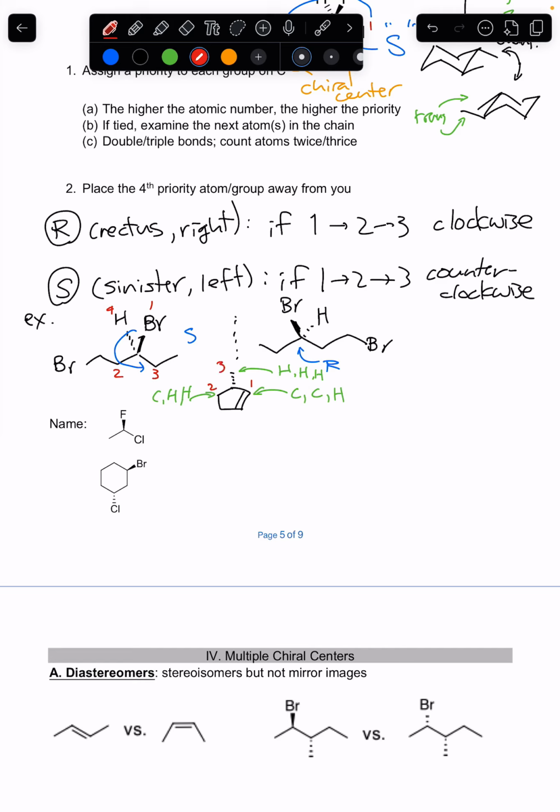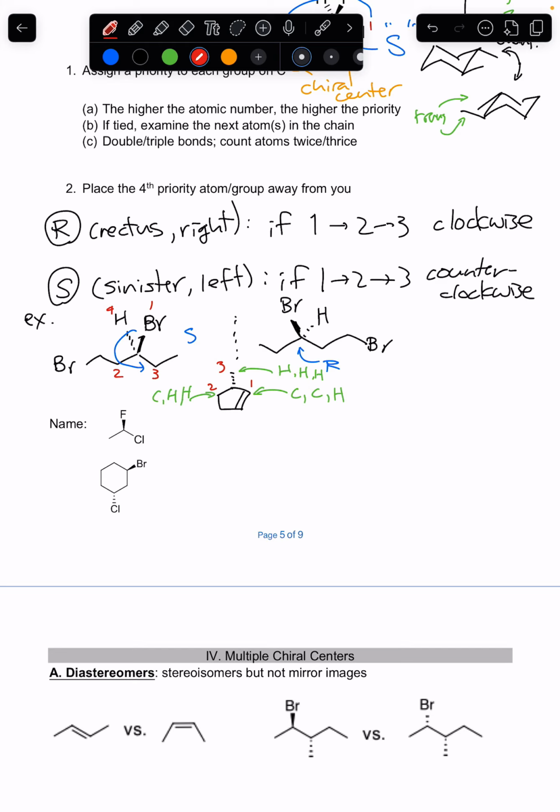So that's great. But the fourth priority group, the hydrogen, is unfortunately pointing at us. So what do we do? Again, the most foolproof way to solve this would be to make a model of this so you can flip the molecule around so that the hydrogen is pointing away from you, and then you do your 1, 2, 3. However, if that's not feasible, like it's an ACS exam for which you're not allowed to use the model kit and stuff like that, or you're on a deserted island and you're trying to assign R and S configuration, because of course you would do that on a deserted island,